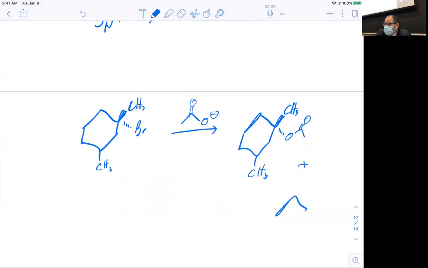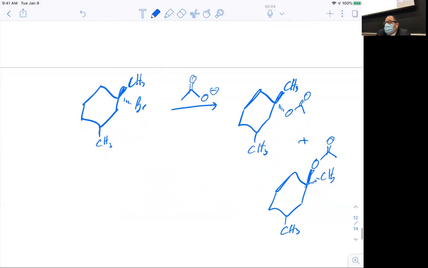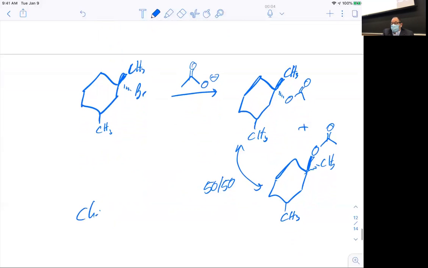Plus, so if we start for an SN1, if we start with a chiral solution,